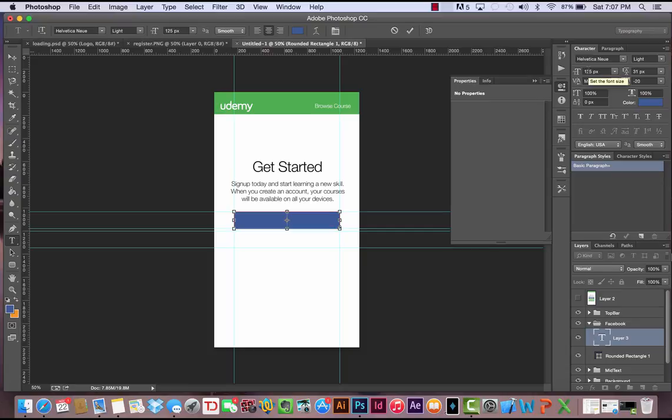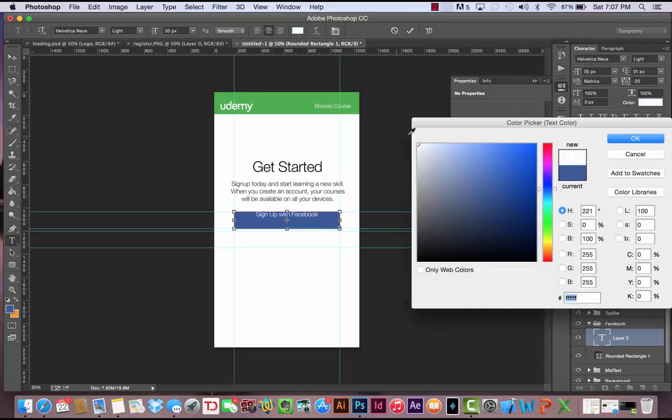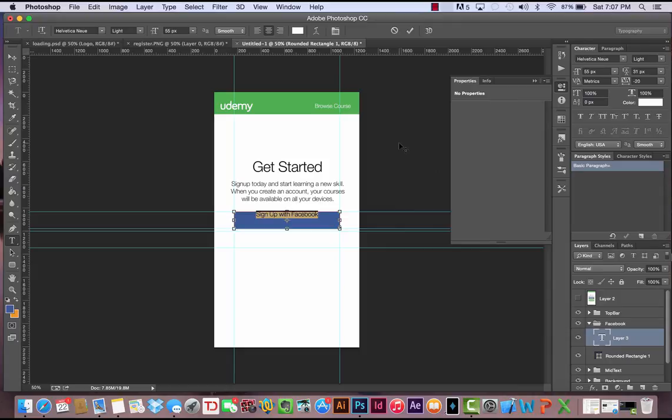Let's change this up, I'm trying to think, do 55 again, and we'll write sign up with Facebook. Now you can't see that because it's still on this same blue color, so we'll highlight it and we'll make it white. Okay, perfect. Now